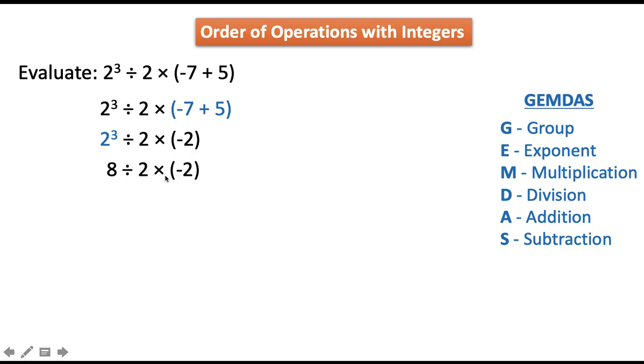Next, between division and multiplication, in our GEMDAS, multiplication is written first, but in our order, since division is written first from left going to the right, we have to prioritize division because they are just one. So 8 divided by 2, this gives us 4. Then write times negative 2, and finally 4 times negative 2, that is negative